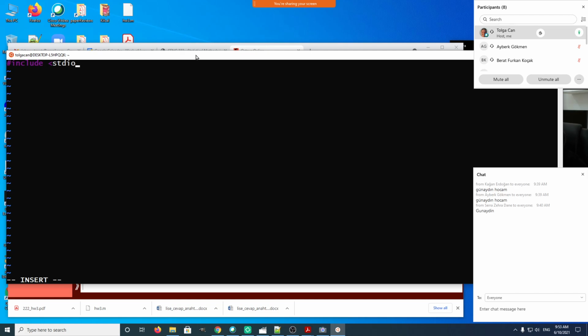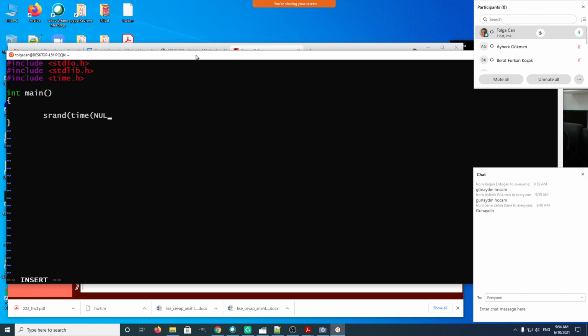Let me also print out some numbers. Include stdlib. So I'm going to write a C program here, and I'm going to use the time function, which is in time.h. So what I'm going to do is generate some random numbers and see how they are random. The srand function in C is the function to seed the random